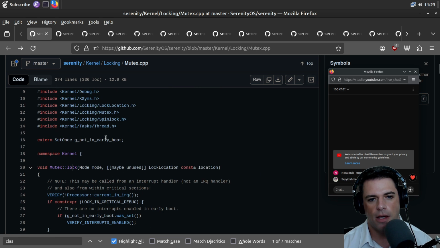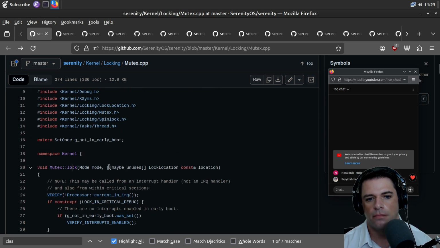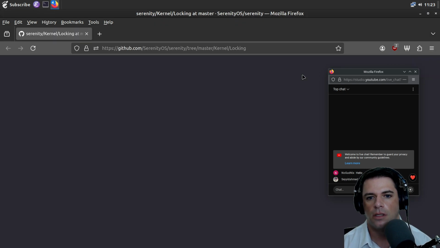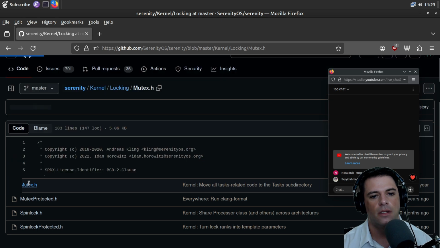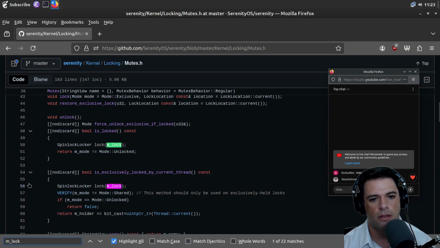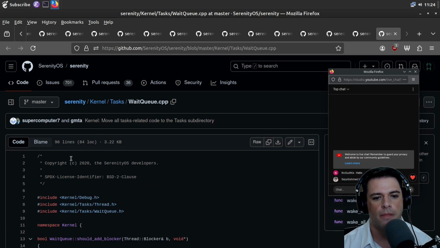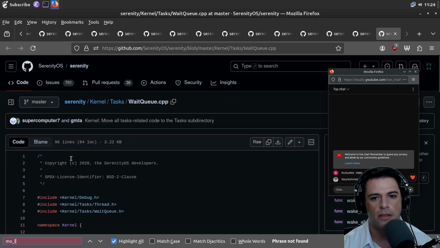We're taking mlock, which is what? I think m might just be a prefix that means it's like a local variable. Yeah. Okay. So we're taking the local lock.